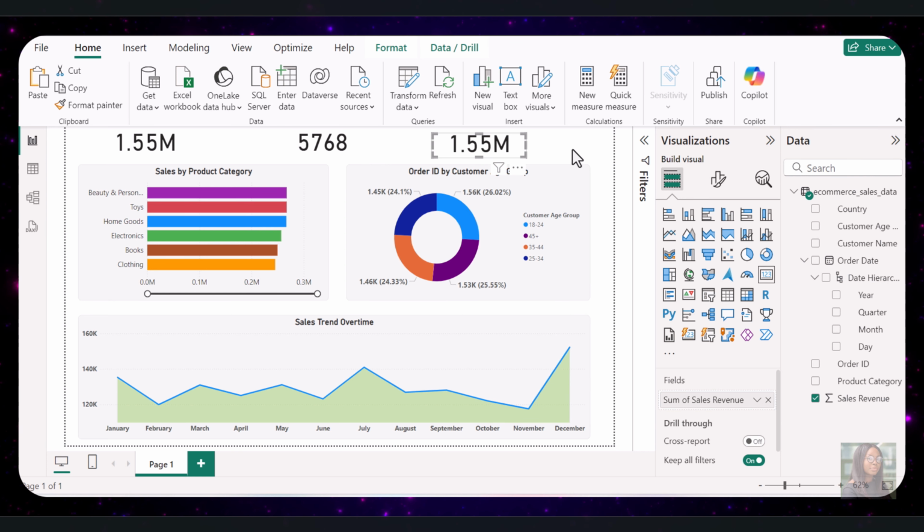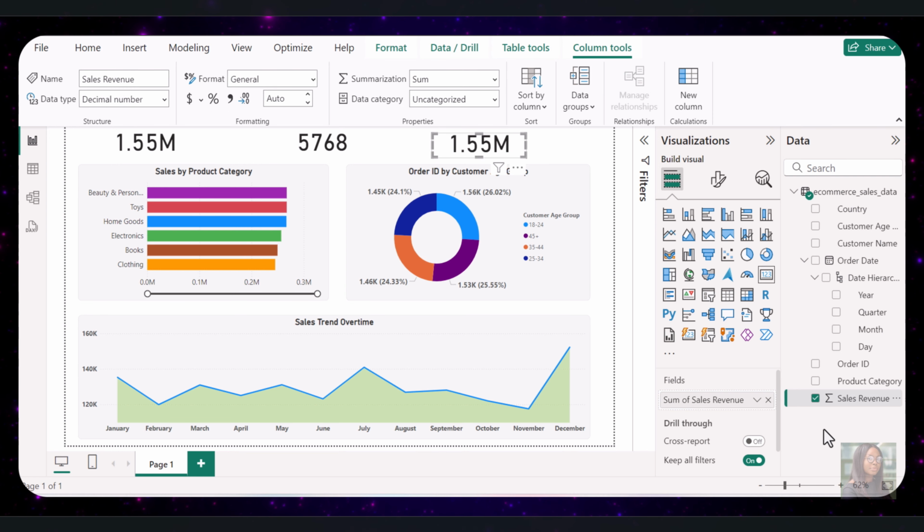The third card visual is for average order value. So I am going to deselect sales revenue. That's not what we need for that visual. For the average order value, we need to do some calculation. To calculate average order value, we are going to divide sales revenue by the number of orders using